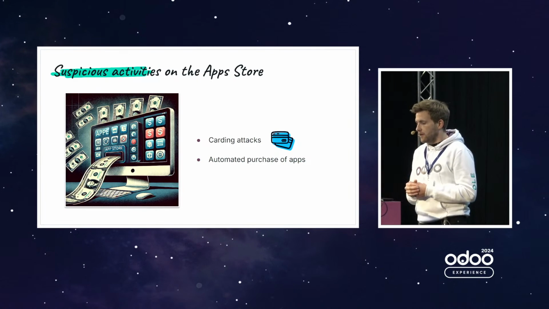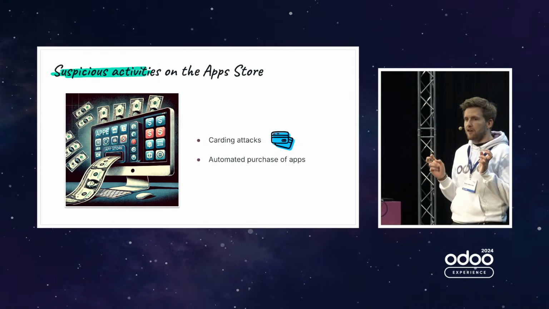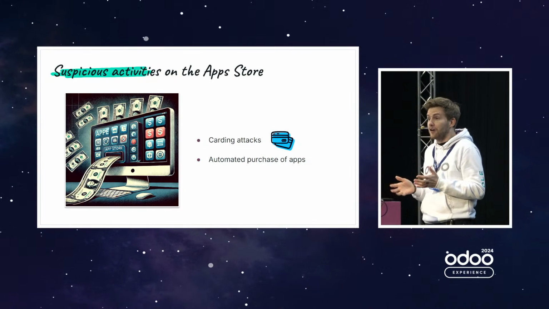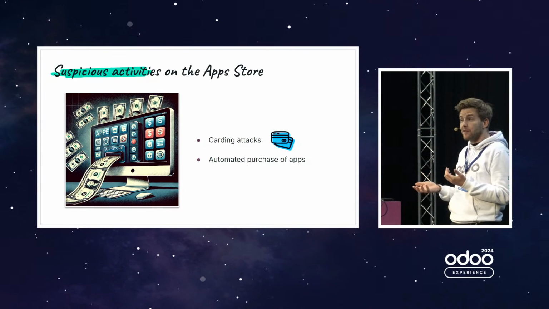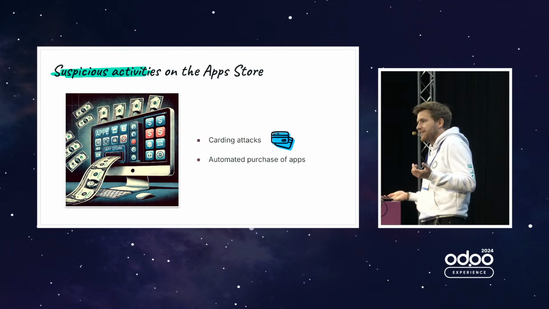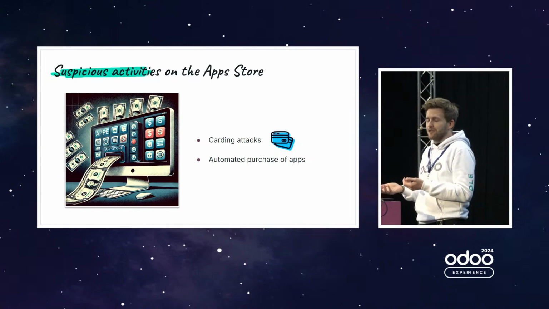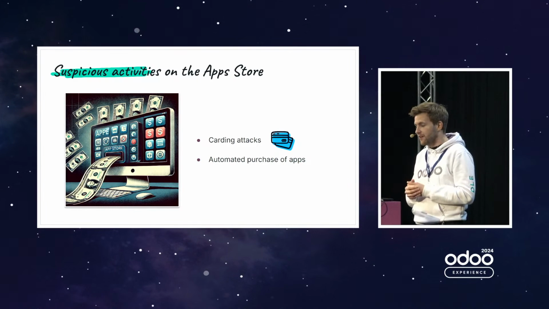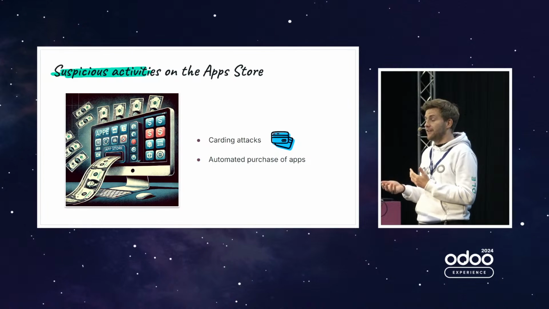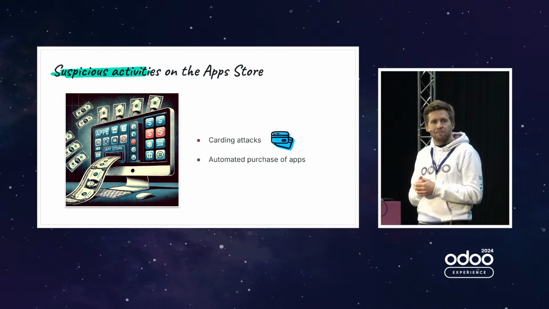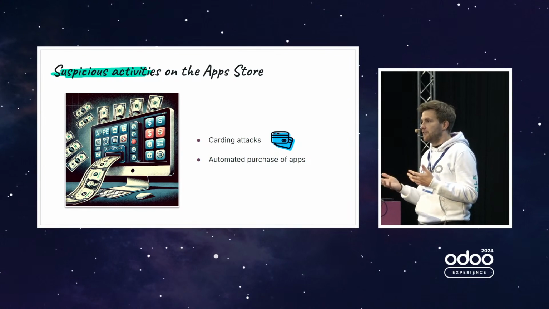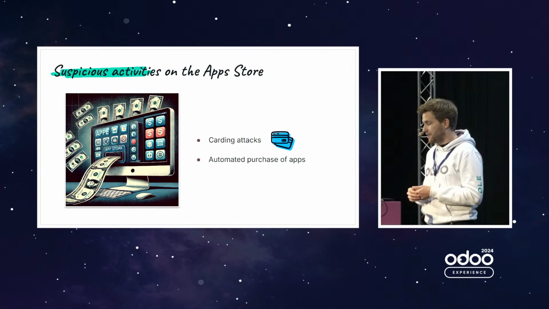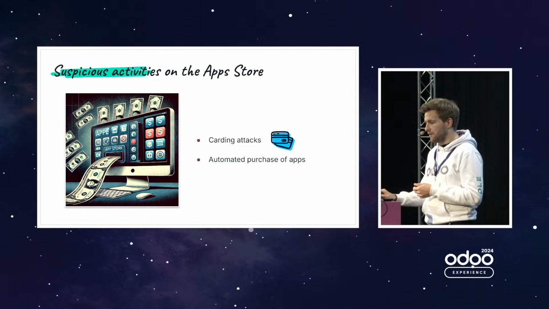We also have a weird behavior of an IP in China that was starting to pay random apps, but for their actual amount. So he paid for 20,000 euros of apps, but we don't know why he did that. We still blocked him because it was suspicious, but at this hour we still don't know what was the point. In the end, the partner that was reselling the apps got the money, so he's happy. But maybe the goal was to sell the code to another platform. This we don't know. We did what we could. But this is the game with any app store like ours.